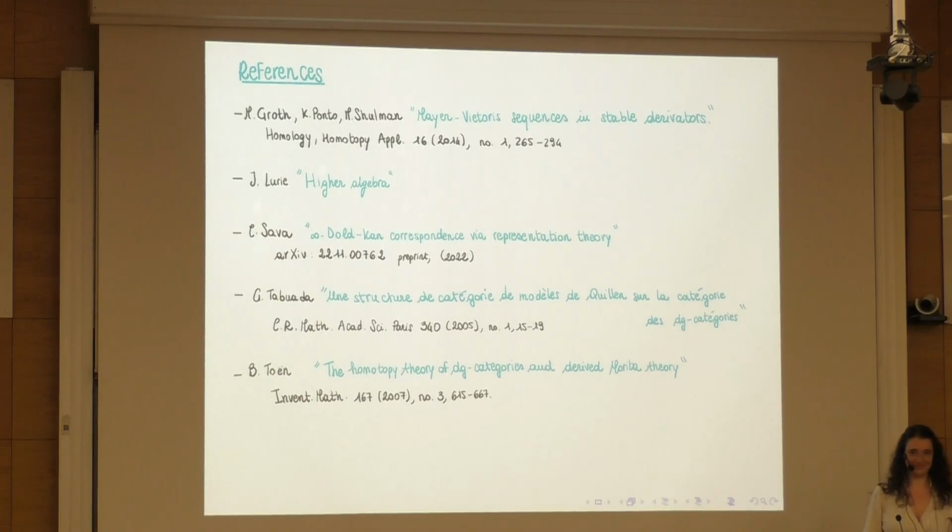Question. Thank you for the nice talk. I was wondering, so my understanding is that the problem consists in the observation that the limit functor usually is not a right Quillen functor, for instance, but there has been some work that shows that the enriched limit functor is usually right Quillen.